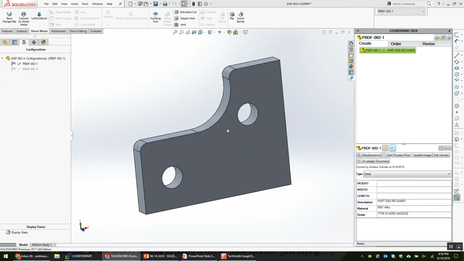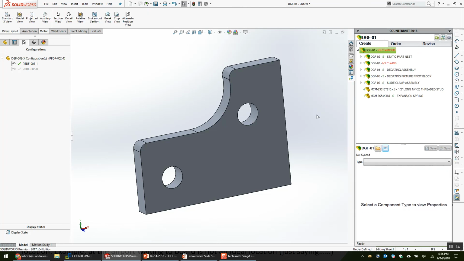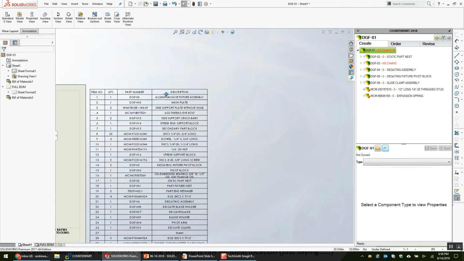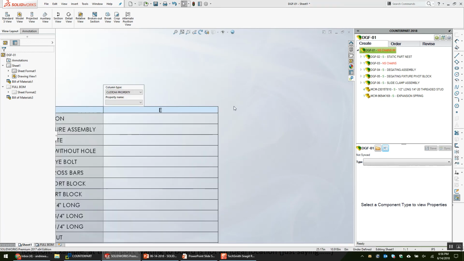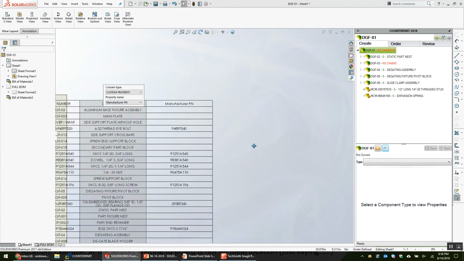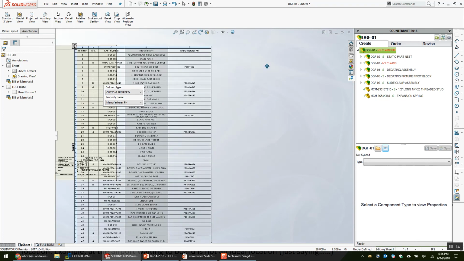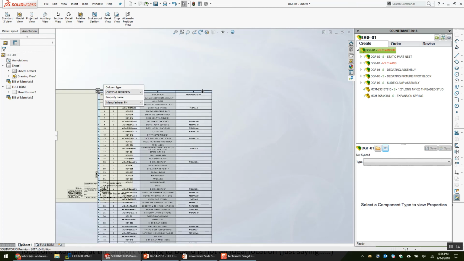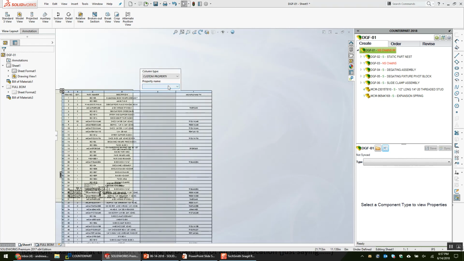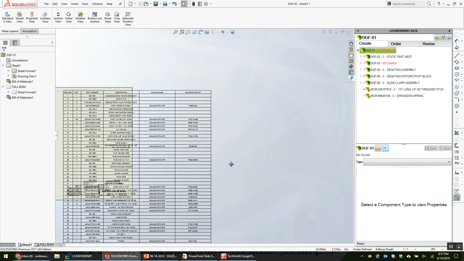So the bill of materials can show any data that you have collected in the model via properties. And we'll see that here by, kind of like Excel, if I click on this, I can insert a column to the right, and here I can pick any property that's on any model anywhere in this bill of material. So if I have, let's try to find it here a minute, a manufacturer part number, this is all the manufacturer part numbers, and this particular design is all McMaster-Carr items. So maybe if I right-click and I insert column left and I pick a property of manufacturer,